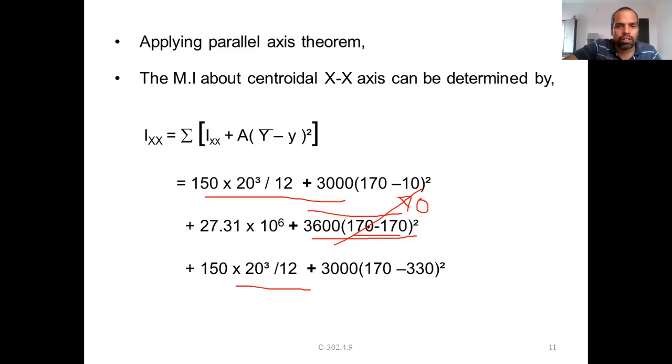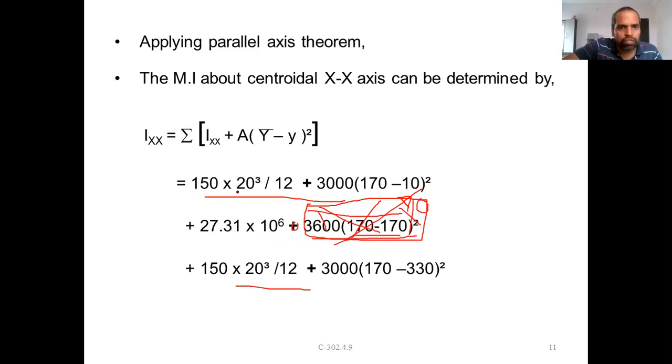Already we have seen several problems like this. So even if you don't write it like this, there is nothing wrong. You can eliminate this step also. You need not write this one. Even if you don't write it, it is still correct. Don't think that you have to write it again to show that it becomes 0. No need to worry about it. Just write it once, that's enough for us.